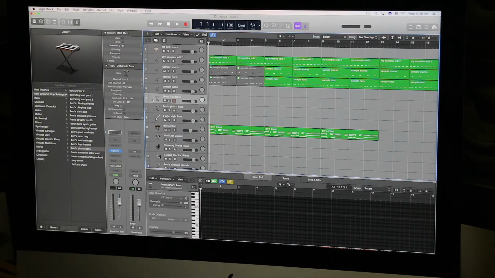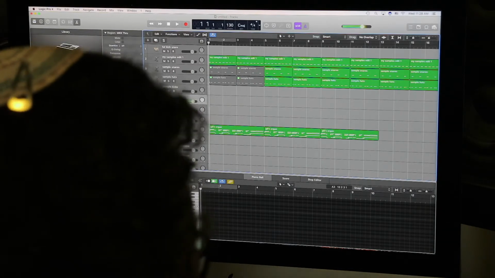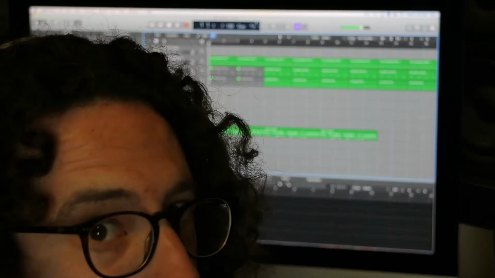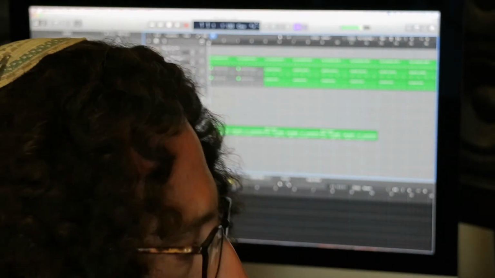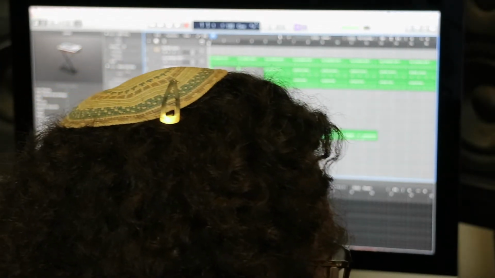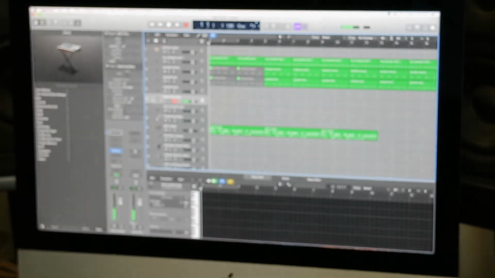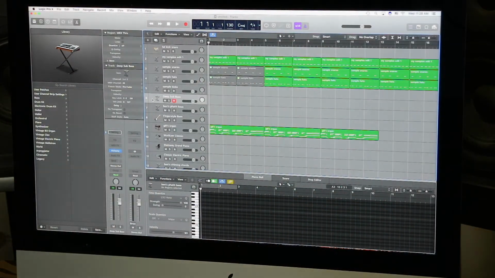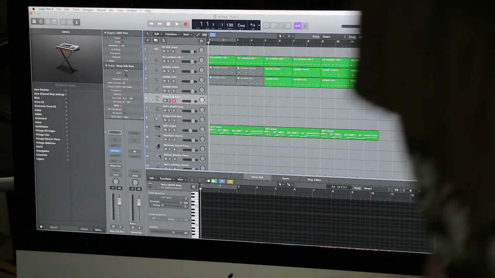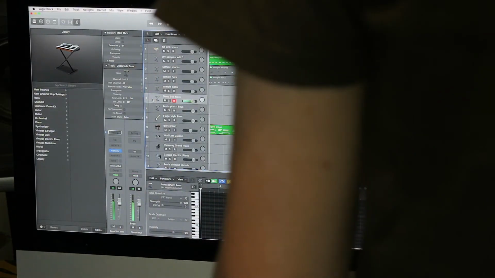Maybe let's get some sub bass. Let's see. I gotta get a way to record the screen instead of doing this. Okay, let's press record.